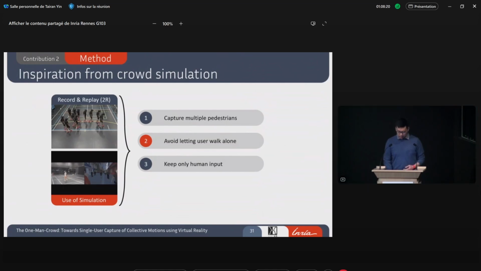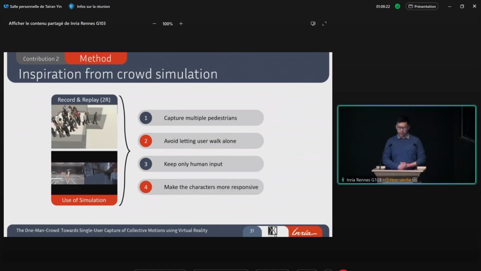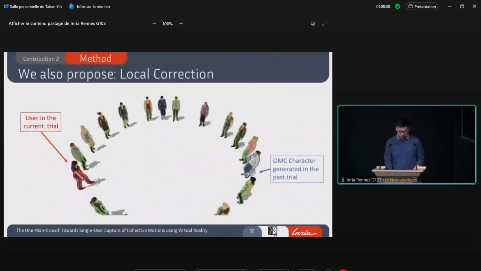Then, to tackle the second limitation, where the user experiences unavoidable interpenetrations with the other characters, we propose the strategy of local correction, which locally edits the recorded trajectory to make the characters responsive to the user. This video is an example of the local correction strategy, showing the interaction between an OMC character and the user.